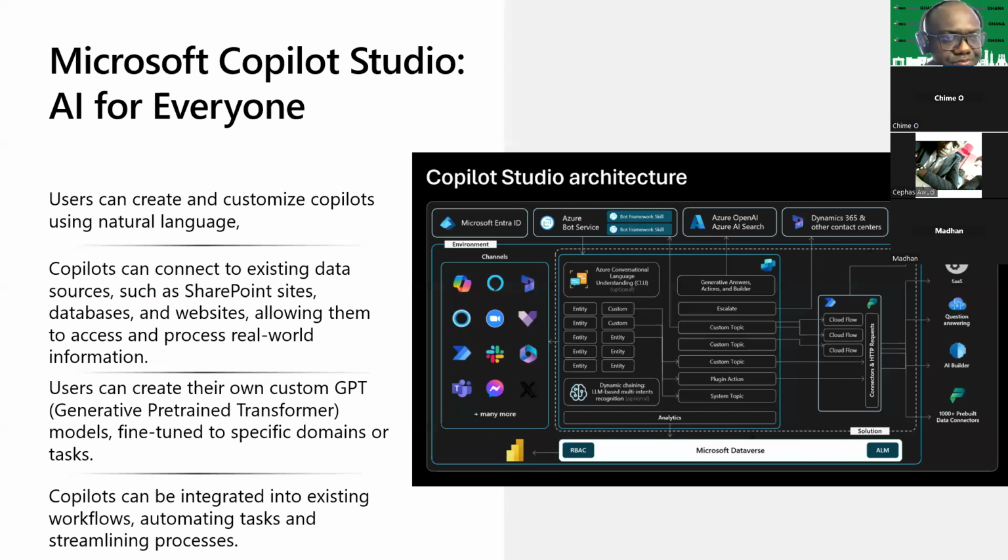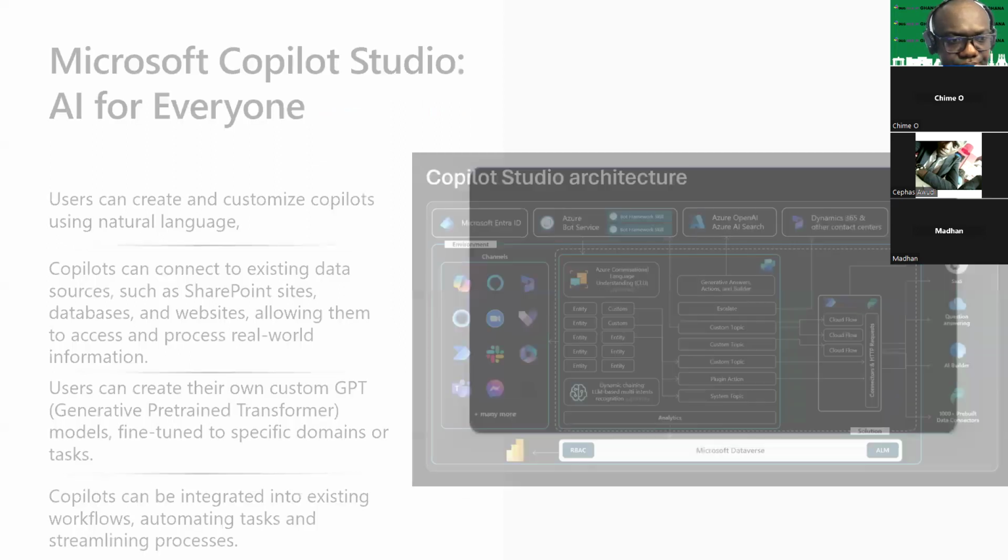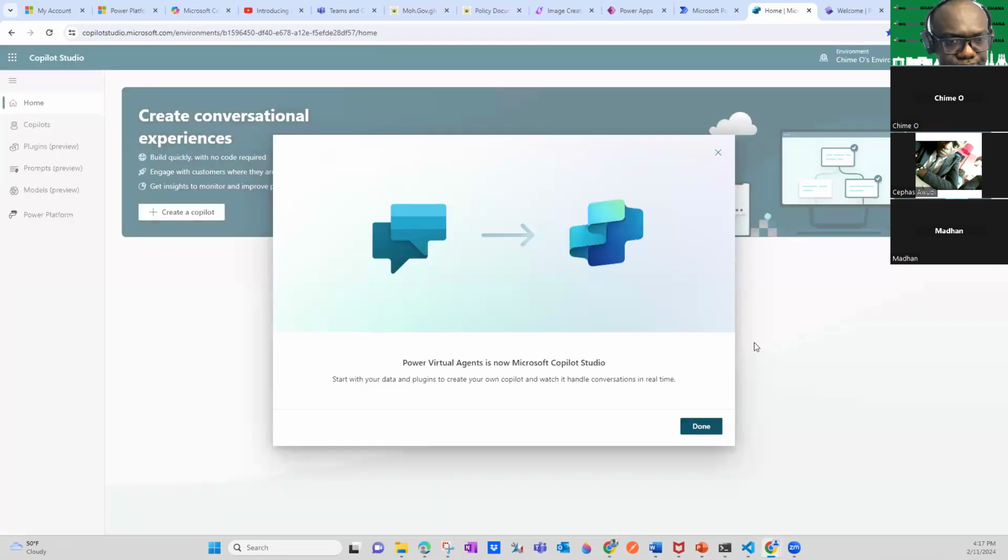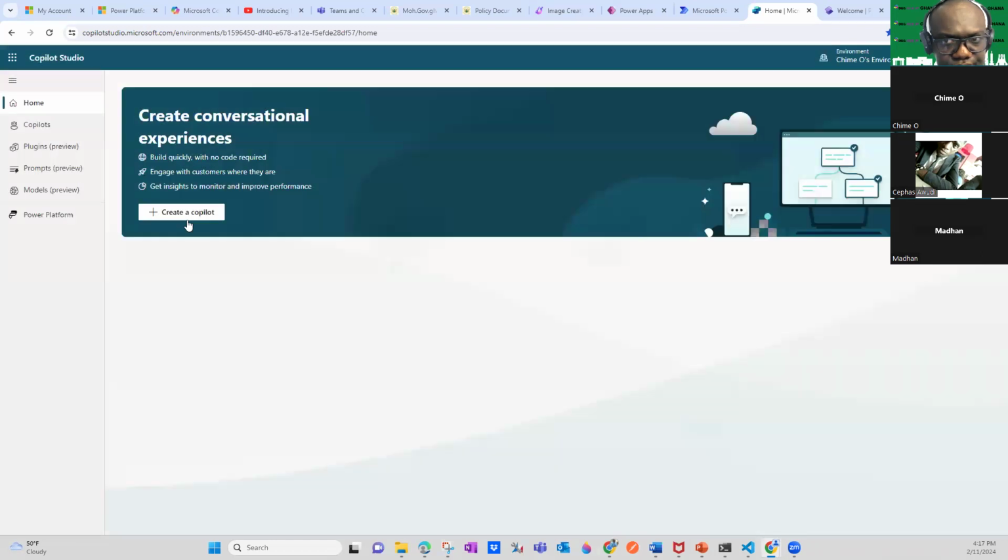It's not going to take more than 2 minutes, and this will be our last demo for this session. So if I quickly go back into this, I can just go into copilotstudio.microsoft. So that's the address. You can do a free trial. I'm using a free trial for Copilot Studio. So you can just go in and say, for example, I want to be able to create my own Copilot.